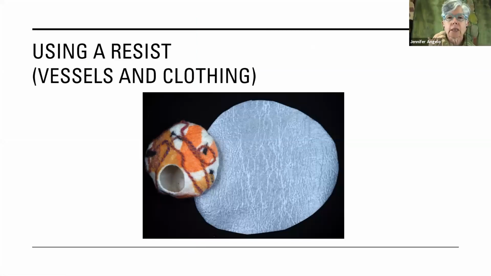And then there's a resist. A resist is a piece of plastic or cardboard. This is very important when the thing you're making is 3D. So you need a hole in it. But how do you get a hole in it if you're just making a flat piece of felt? Well, you get a piece